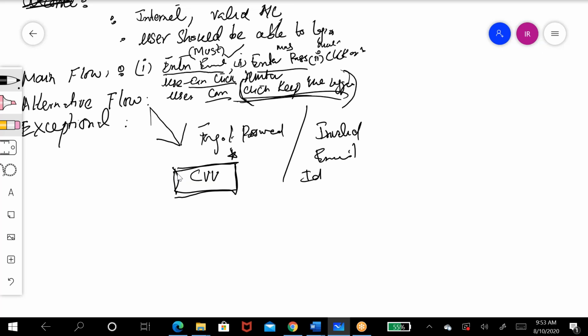Still, there are certain applications and websites, college and university websites also, where you're entering your information, filling a form, and when you submit your form you get a message back that while submitting the form, some information was invalid, or maybe you did not meet the password criteria. They wanted you to put 8 characters with alphanumeric, numeric, and although your password criteria is not right, automatically you will see that the whole page is deleted and you have to re-enter the information, which is very hectic. So providing alternative flow in every single function is very important, because it gives